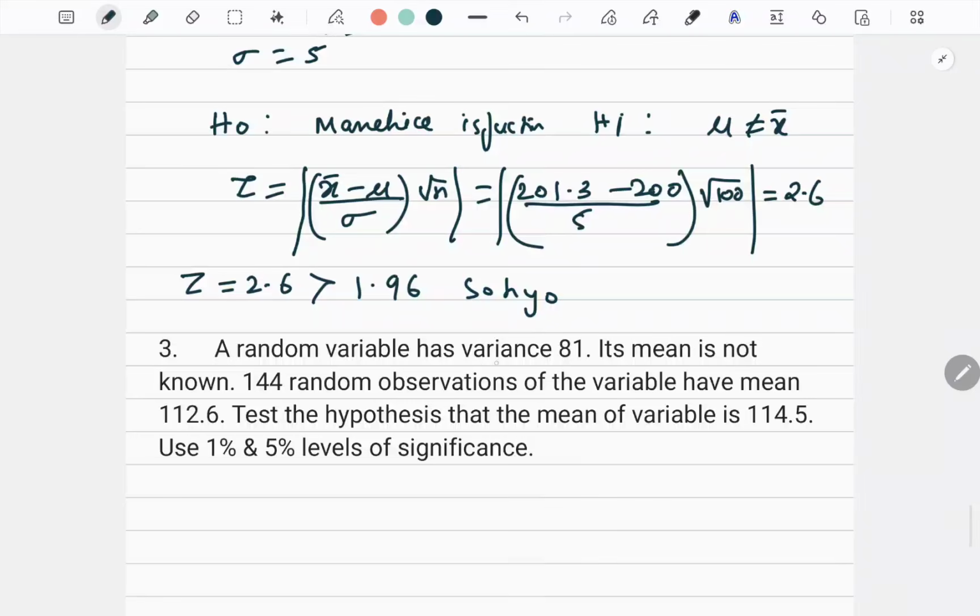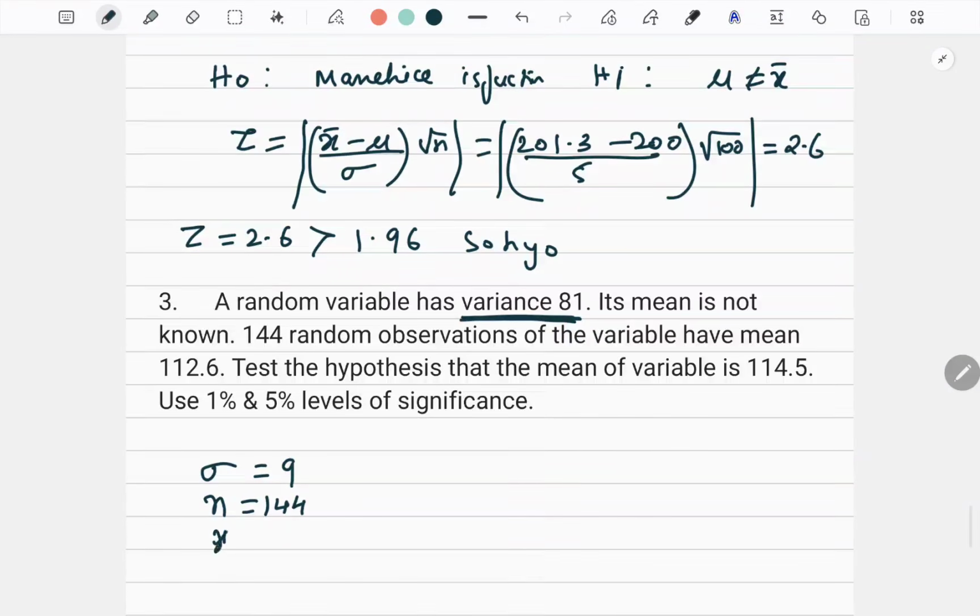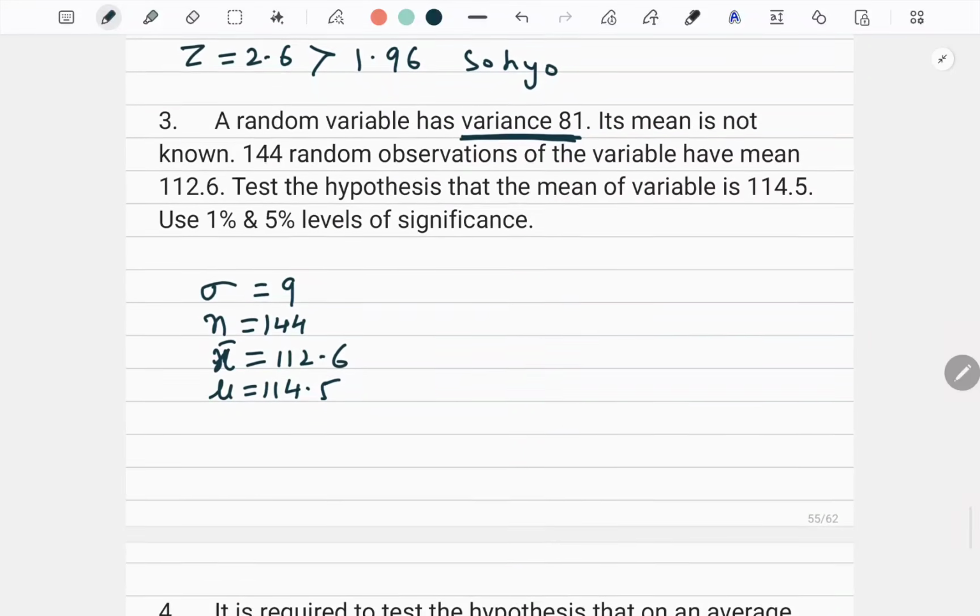A random variable has variance 81. So understand, variance is what? It is the square of standard deviation. So if variance is 81, it means standard deviation is 9. Its mean is not known. 144 random observations, means n is equal to 144, of the variable have mean 112. So x bar is equal to 112.6. Test the hypothesis that the mean of the variable is, so mu is equal to 114.5. Okay, and we have to discuss both the levels of